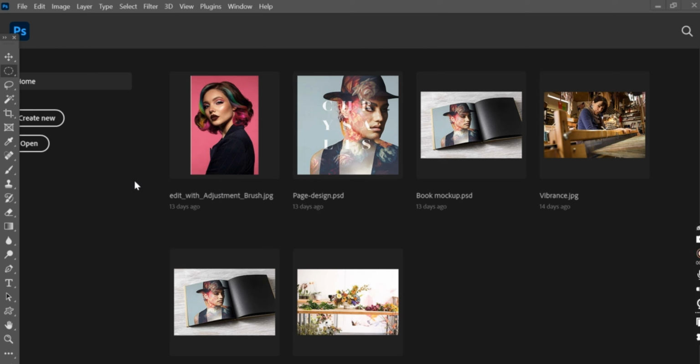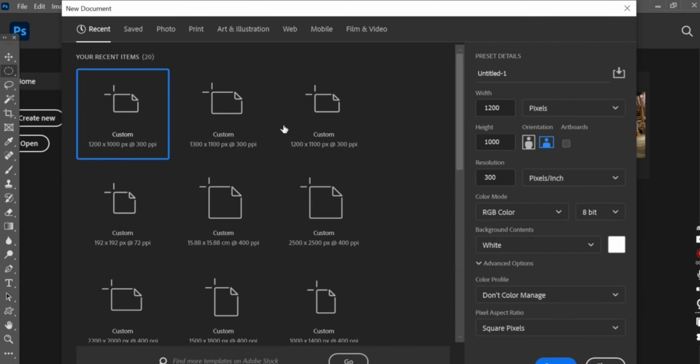So we are just going to have an overview of the various tools in Photoshop, these ones. We just look at them. So just click on create new to create a new background, or if you want an image from your PC, you want to edit it, just click on open, and then you can bring the image to Photoshop. Okay, so we click on create new,